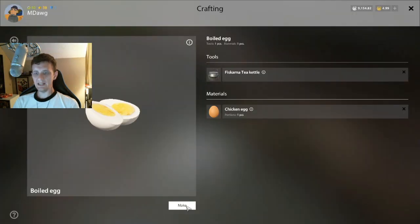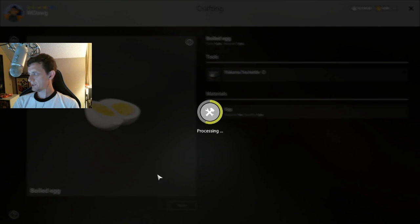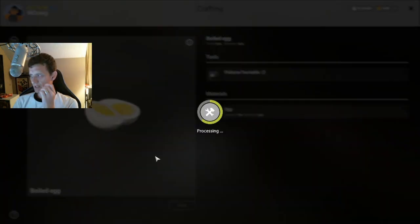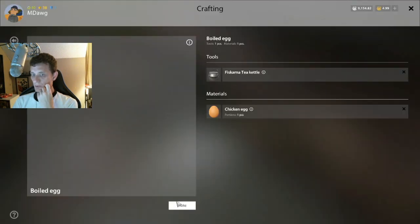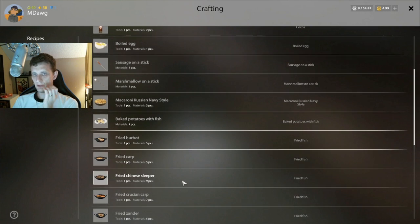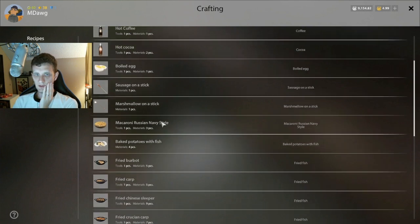I gotta figure out what I need to make to actually level cooking and start doing that in happy hour occasionally. I've kind of leveled everything else up other than lure making, at least to the percentage that I wanted to. I mean, we've still got a ways to go on float to get to 100 and spinning to get to 100, but